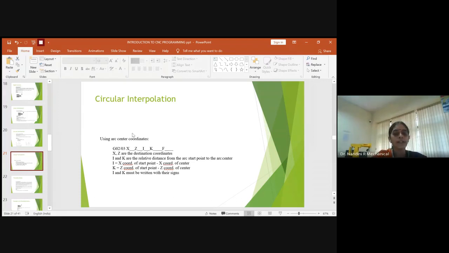So while writing in the part program, you should also show whether the value of I and k is positive or negative. After that only you will be giving the feed rate with which the excess material has to be removed based on the required operation. So this is the syntax for circular interpolation. All of a sudden when you write a program, you need a circular curvature. Then this I and k will come.